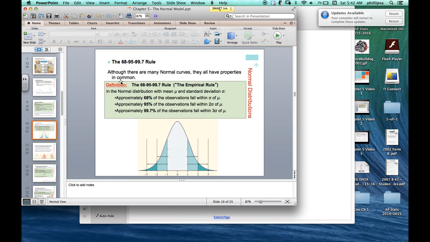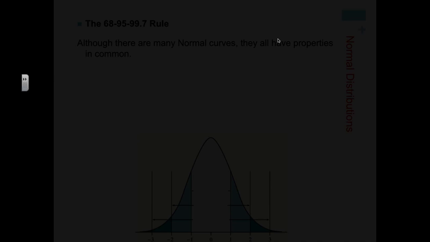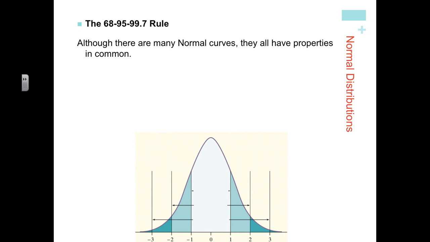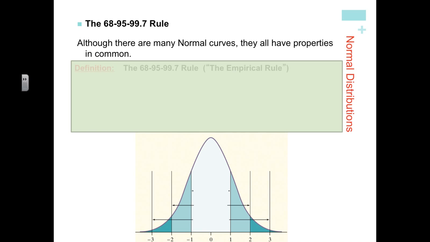Okay, so now we're going to keep getting more detailed with these. Although there are many normal curves, they all have properties in common. That property, and you're probably pretty aware of it, is often called the empirical rule. We won't be calling that here. So like the 68, 95, 99.7. Your curve is cutting off where most of your data will lie, and that's between certain standard